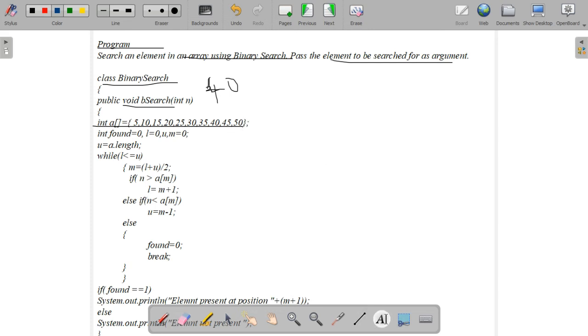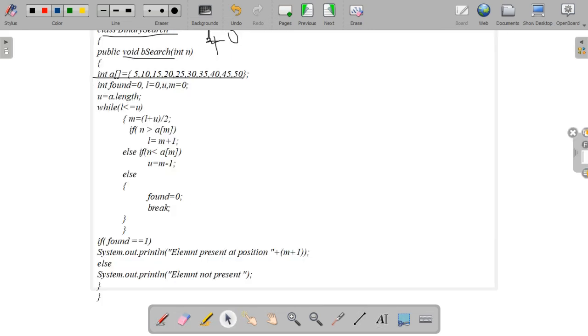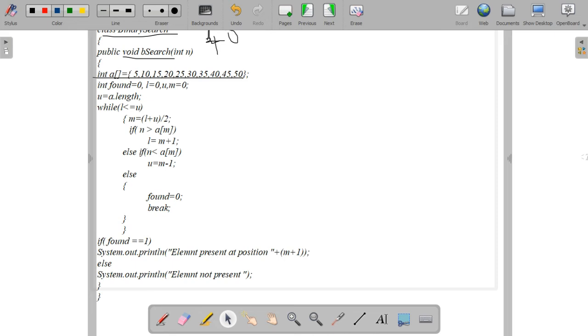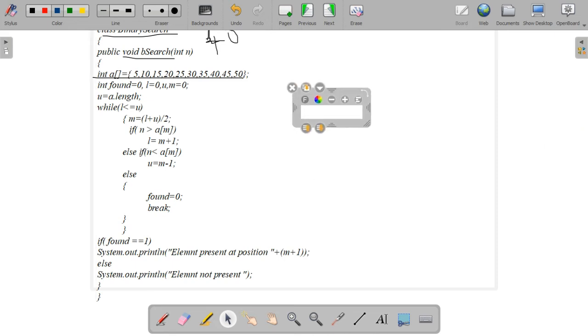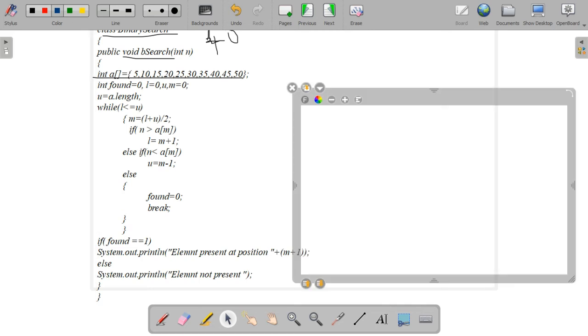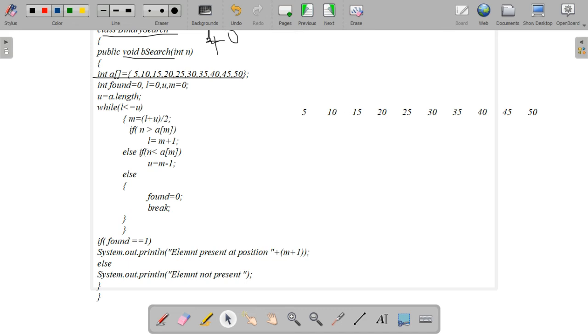First of all, we need to write the array: 5, 10, 15, 20, 25, 30, 35, 40, 45 and 50.